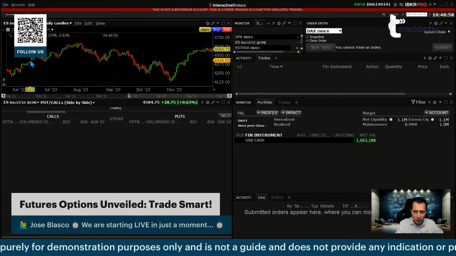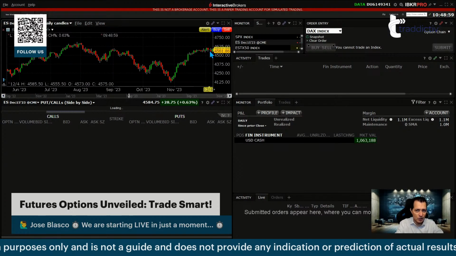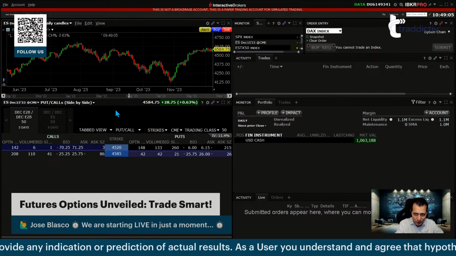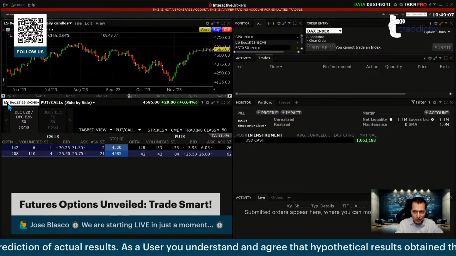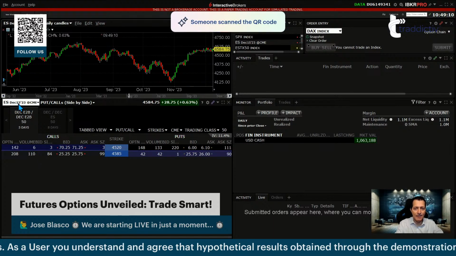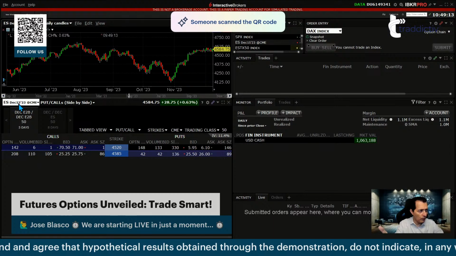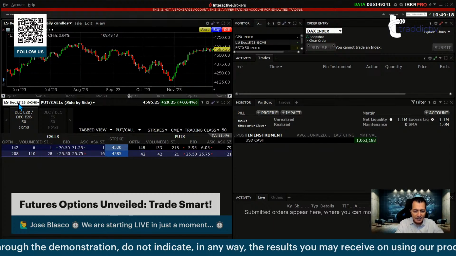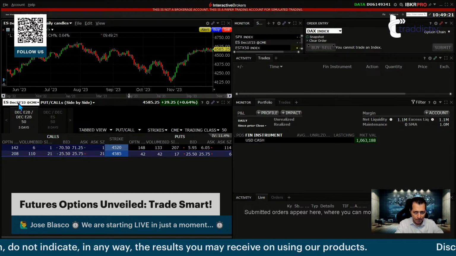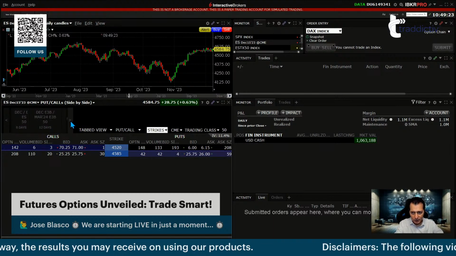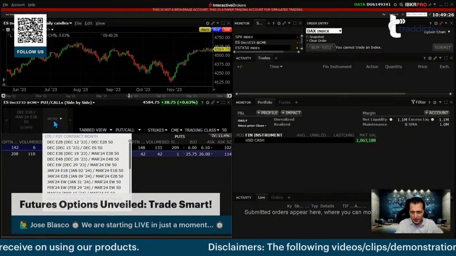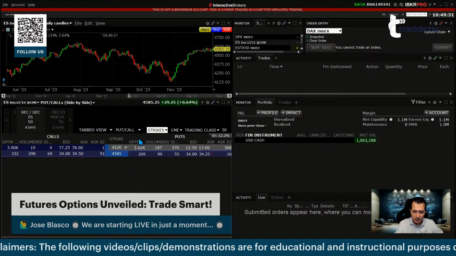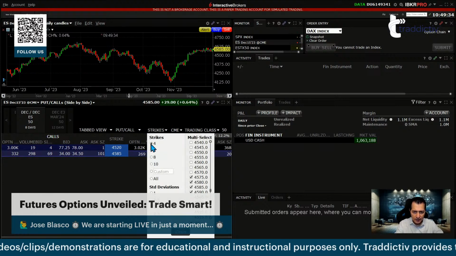If I click on it, what's loading on the top is my December expiration chart. And what's loading in the bottom part, as you can see, are the options that derive their value from ES December. So right now, we are dealing with options linked to the underlying being December 15. Just so I'm visual, I'm going to use, let's say, December 15 expiration, and I'm going to load the nearest 4 strikes.